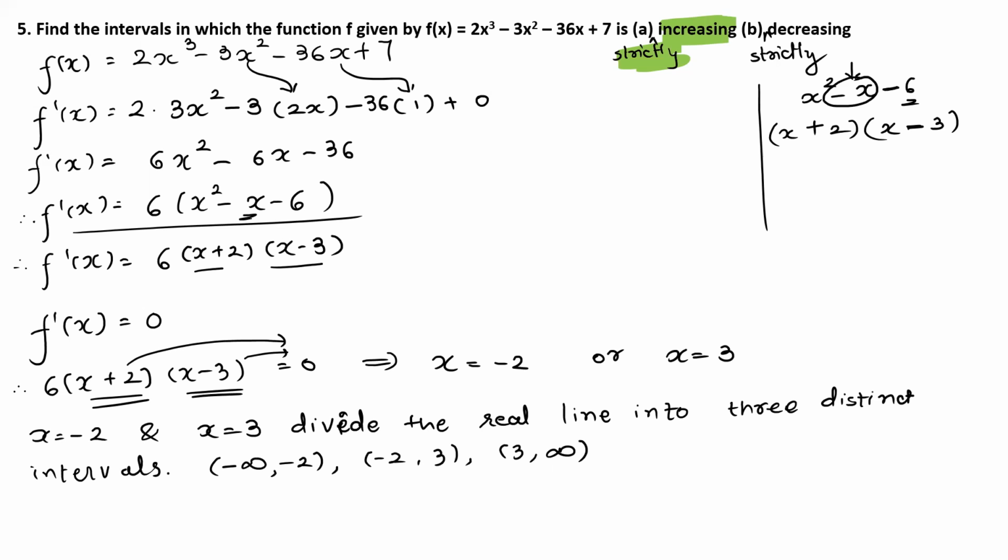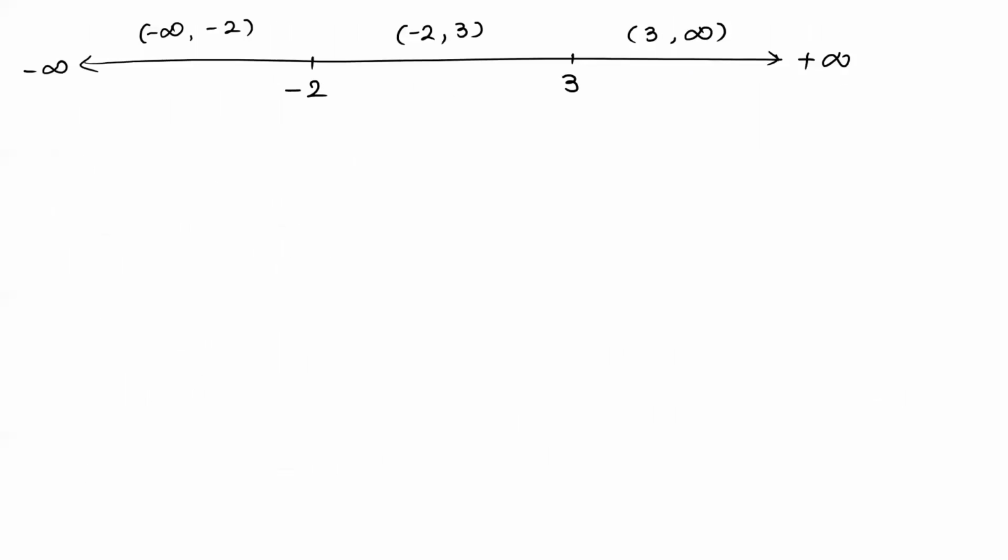Again, we started with f x, we found f dash x. We consider where this f dash x is 0, and that means we got two values of x, which we put on the number line. These two values are going to divide the real number line into three disjoint intervals. Three disjoint intervals are given on the screen, and